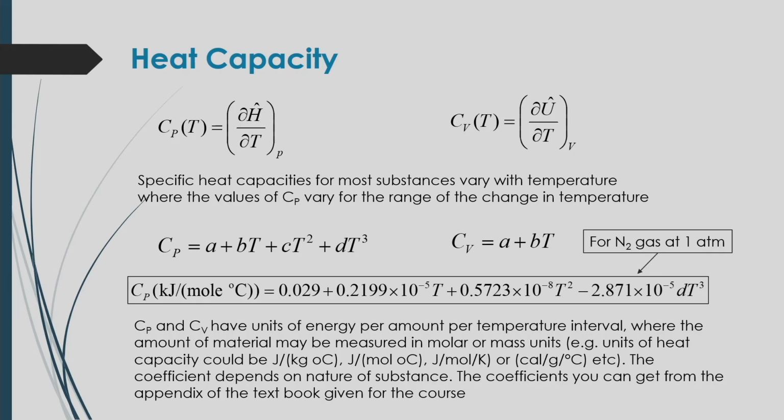for that particular material. So, in that case, specific heat capacities for most substances vary with the temperature, where the values of Cp vary for the range of the change in temperature, and within a certain range of temperature the specific heat capacity will change with respect to temperature. So, according to that